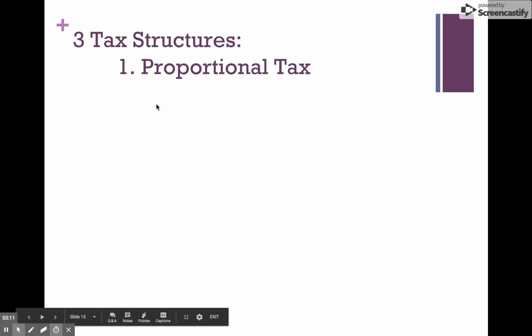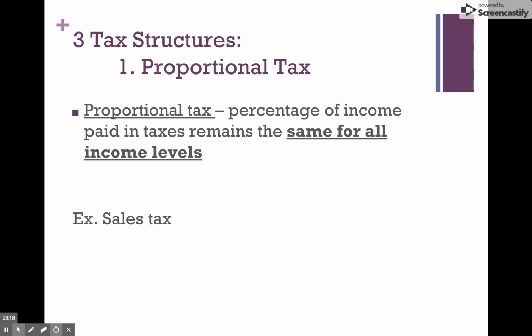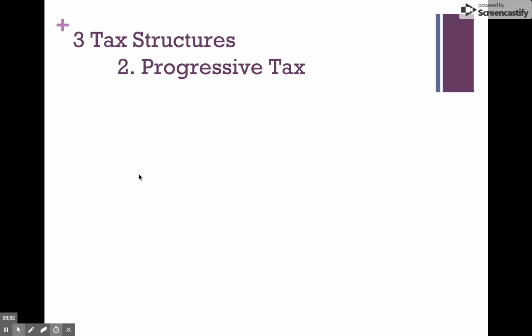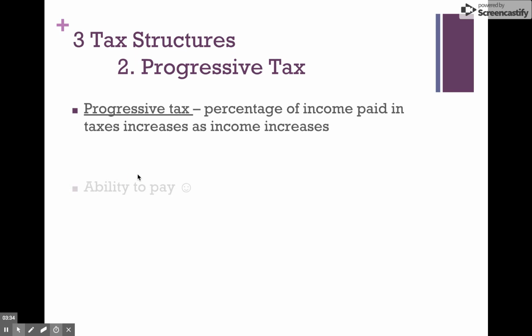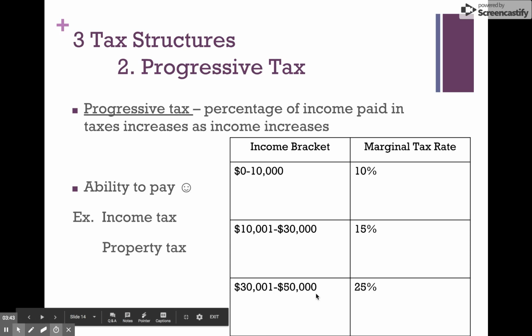So then once we figured out who we're taxing, or the tax base, the government sets up how the tax is going to run. So proportional means everybody's taxed the same. So a perfect example is a sales tax. This is sometimes called a flat tax. No matter how much you make or what your income is, you're taxed the same as somebody else, versus a progressive tax, like the income tax system in the United States. The more you make, and this isn't the actual tax bracket, the more you pay.